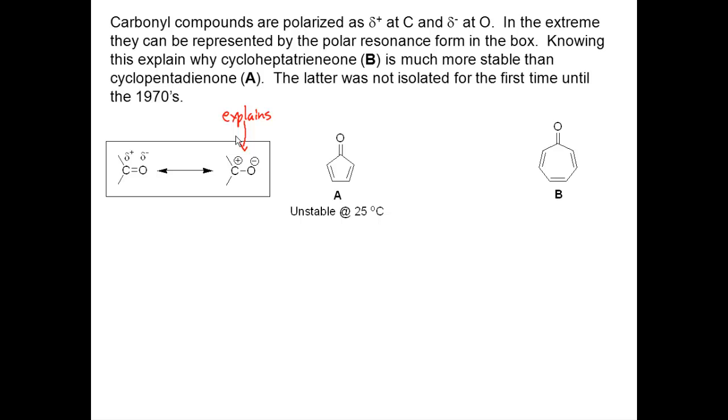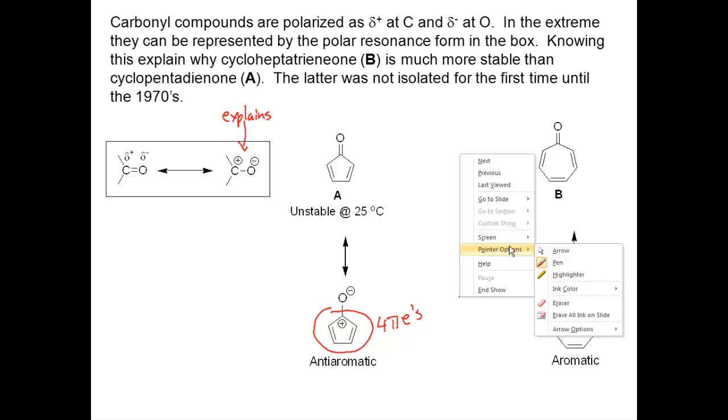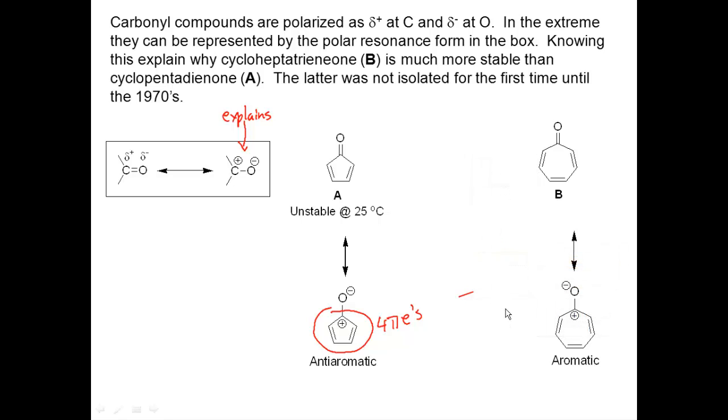Actually, sorry, let me rephrase the question. You already see which one is more stable there. Explain why compound B is a lot more stable than compound A. Okay, if we draw these resonance forms here in A and B, we can see that the resonance form of A contains a ring system that's only 4 pi electrons, whereas the ring system of B